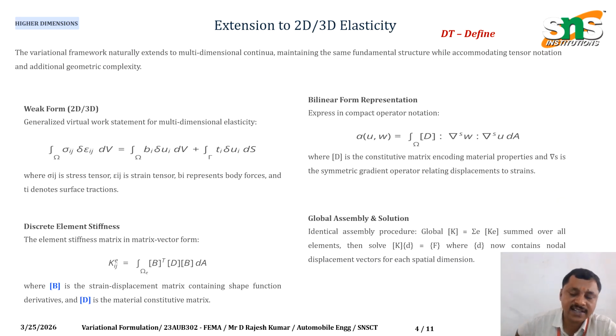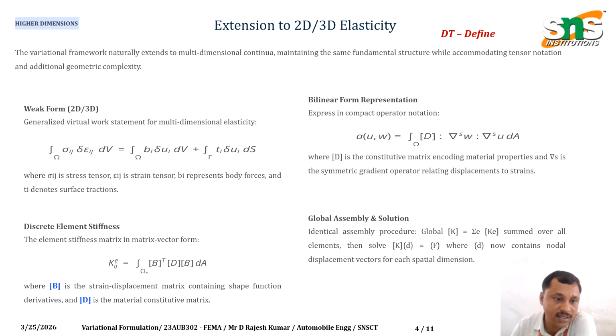So you can see the extension from 2D to 3D elasticity. Here, this variational framework naturally extends to multidimensional continua, which maintains the same fundamental structure while accommodating the tensor and additional geometric complexity. So if you see the weak form, that is the 2D or 3D, generally, here the sigma ij is the